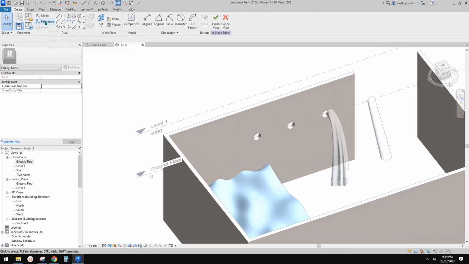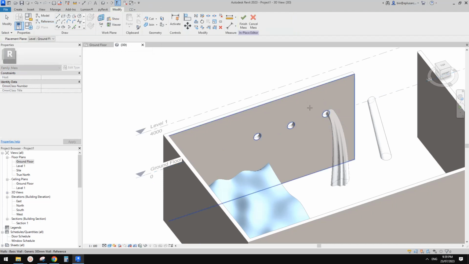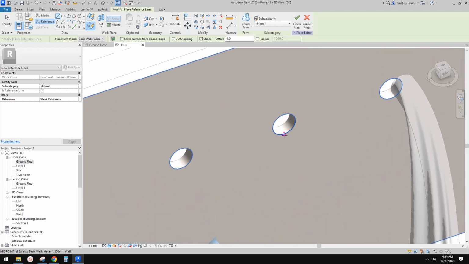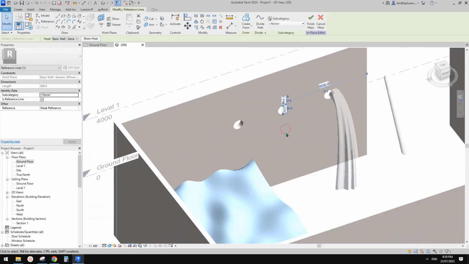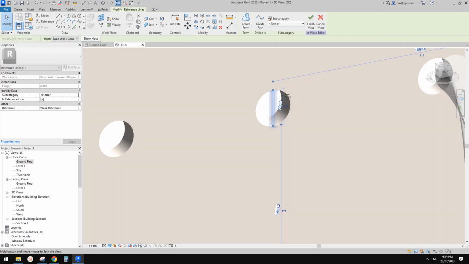So here now we can use reference line, draw on work plane. We're going to use this wall as a work plane. Okay, so set work plane, pick this wall, and place a reference line. I'm going to just use this circle to help me. So first I place this reference line, because I'm going to use the work plane of